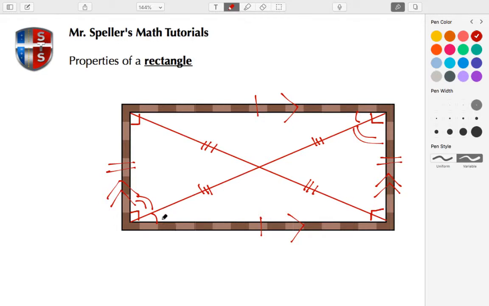With this triangle, if these 2 sides or these 2 legs are congruent, then that means these opposite angles here also have to be congruent. So if I have this angle measurement here, I know that the measurement of the angle here has to match that because of the sides being the same length. So again, we're back to alternate interior. So if I have this angle here, I know that it's congruent to this angle here.